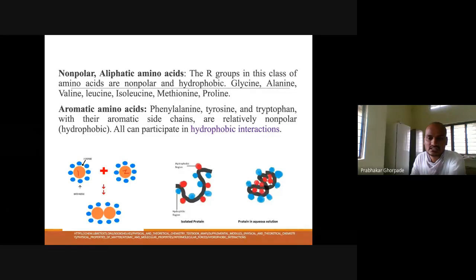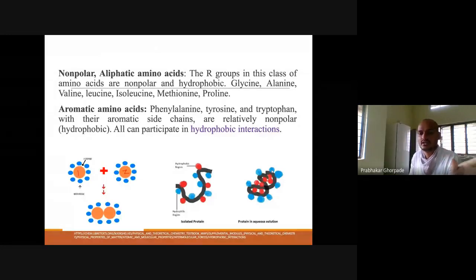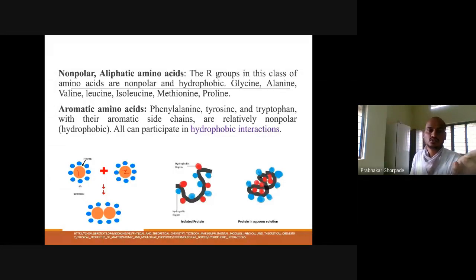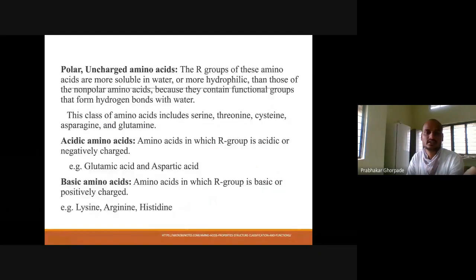So now this protein has folded in such a way that it has minimized the contact with the water molecules. All the hydrophobic amino acids are together, and the water-loving ones are on the outside surface. These amino acids can interact with the water because they are water loving, and those who don't love the water will try to avoid the interaction with the water. That is the very important thing for hydrophobic interaction.